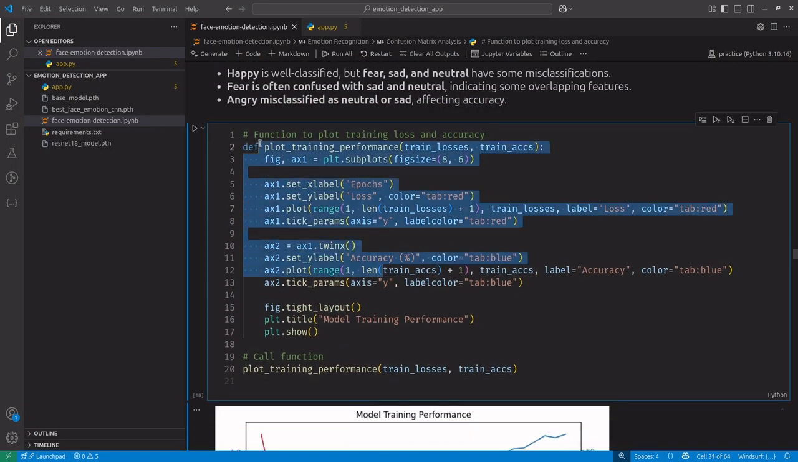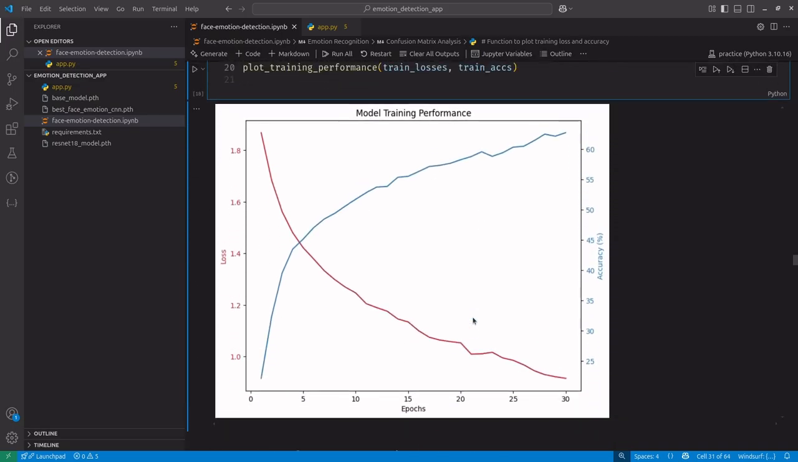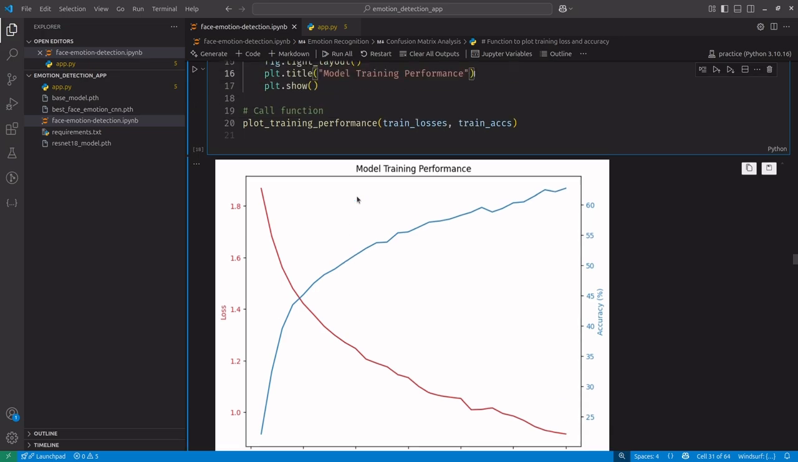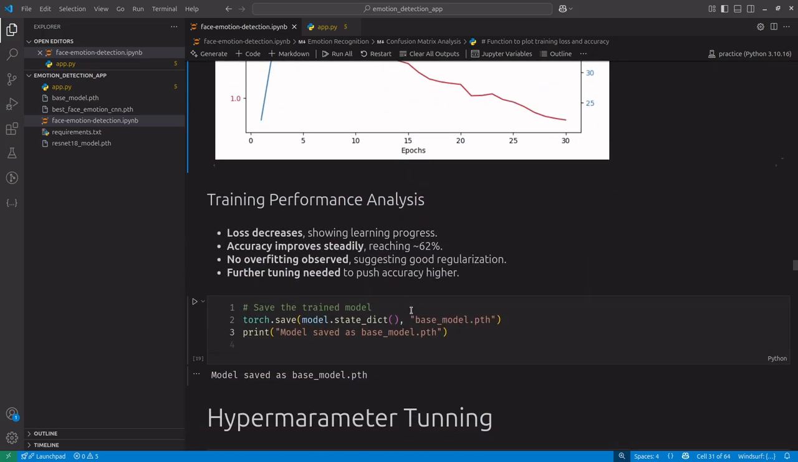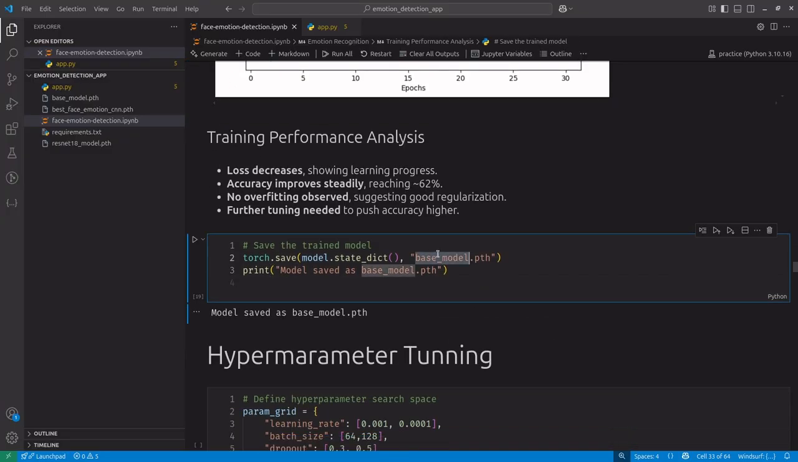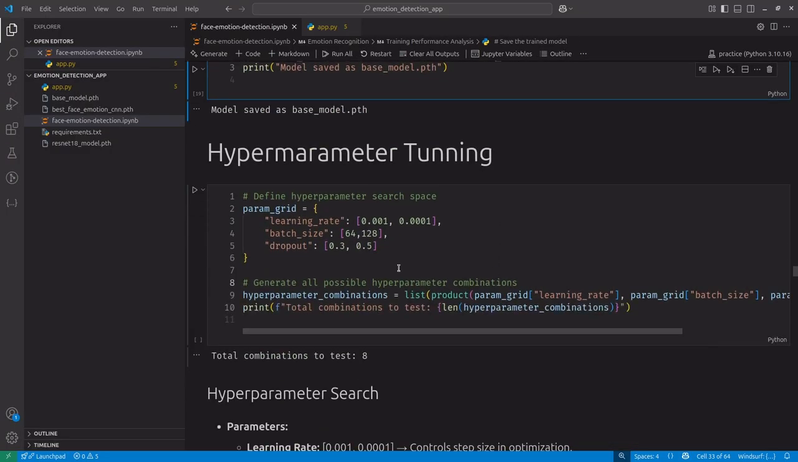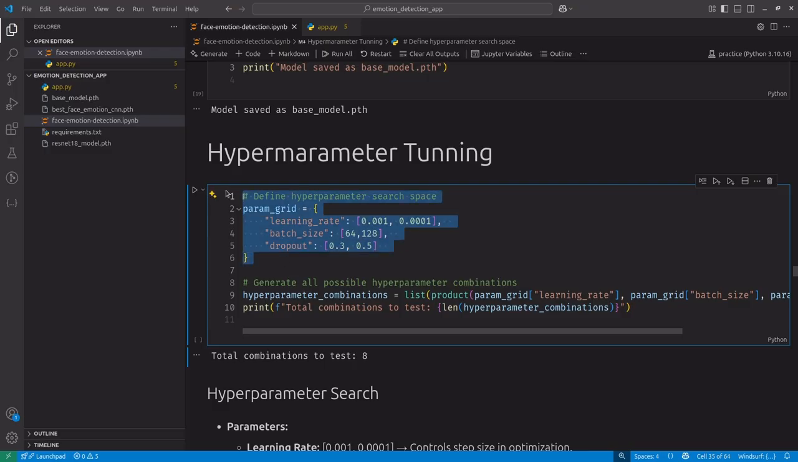And then finally plot the performance of the training losses. So this is the plot of the training performance of the model, and then finally save the model as base_model.pth. And then after training the base model, I fine-tuned the model and used the defined parameters such as learning rate of 0.0001 to 0.001, batch size of 64 and 128, dropout of 0.3 and 0.5,